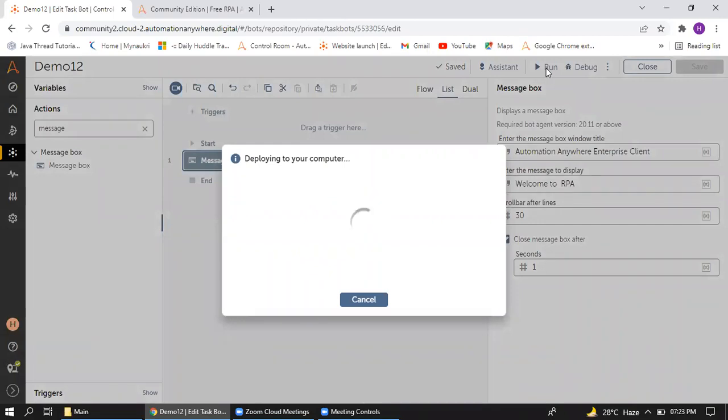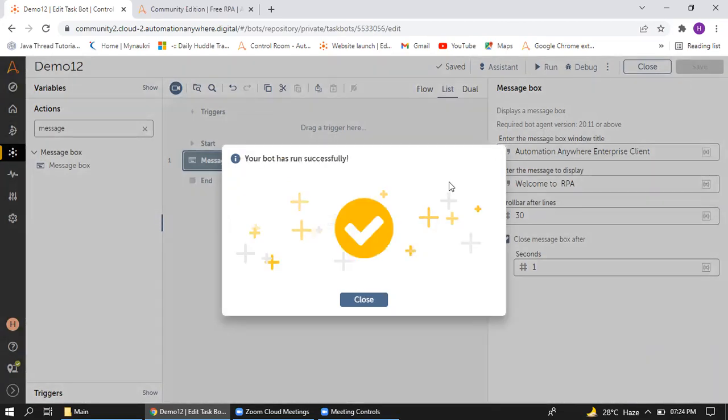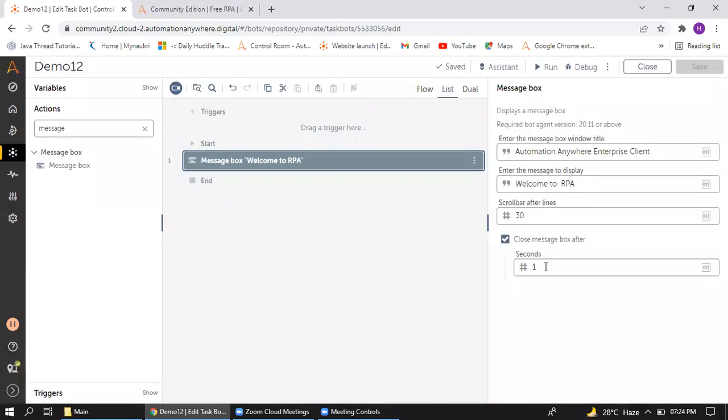I don't want to close it manually, so the message box will close automatically. It automatically showed the message box, welcome to RPA, and it automatically closed after 1 second.